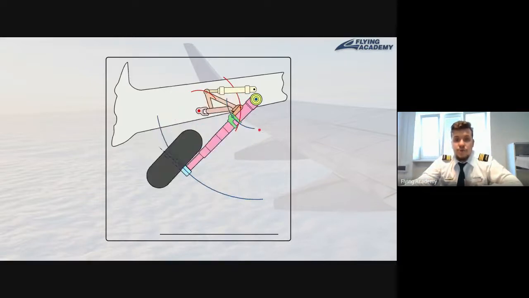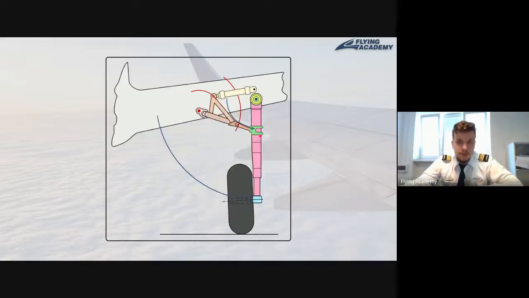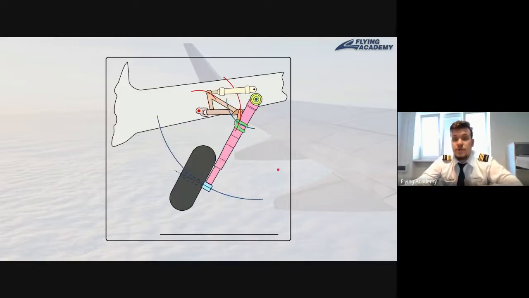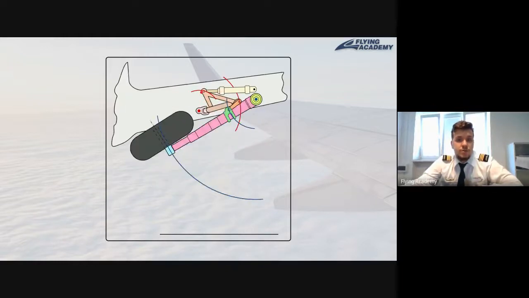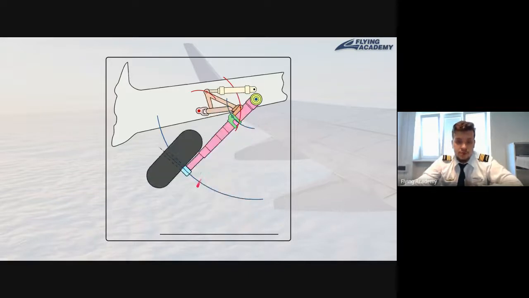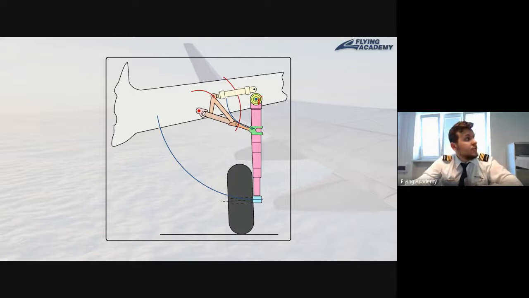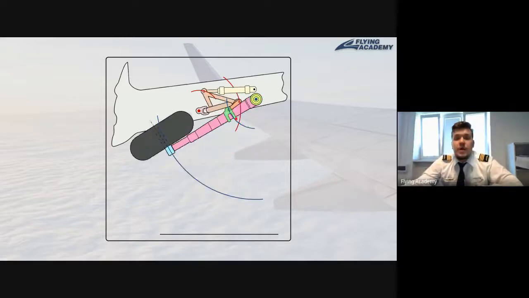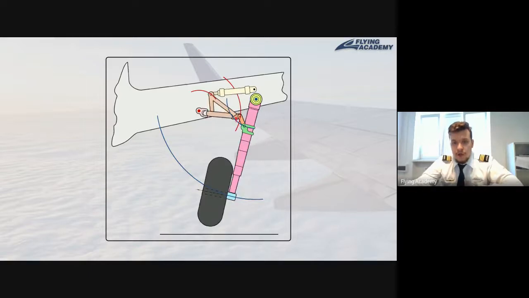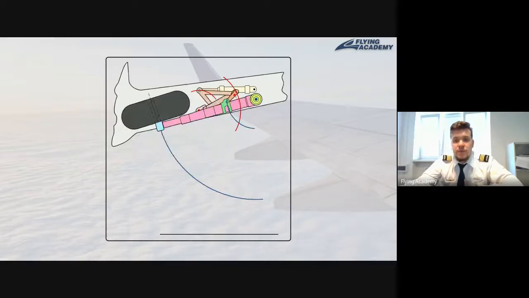Here we have an animation with landing gears with the shock absorber, going into the retraction position and the extension position. We have our hydraulic actuator here, which is responsible for retraction and extension. We have a shock absorber, which is pink here on the picture, and the axle around which this retraction will happen. And what is most important is this small orange or amber element. This is our over-center mechanism.